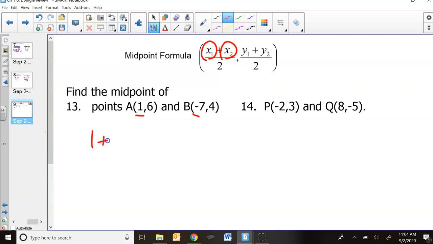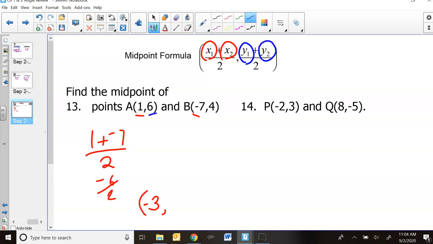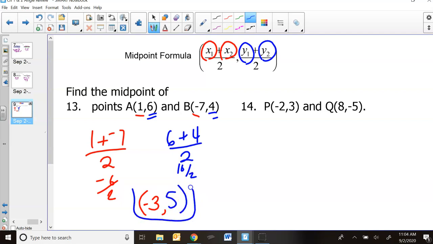So I get 1 plus negative 7 over 2, which adds up to negative 6 over 2, which is negative 3. Okay. And then I've got the y's. I want to add those, which in this case are 6 and 4. So 6 plus 4 divided by 2, that would be 10 divided by 2, or 5. Okay, so that's the midpoint